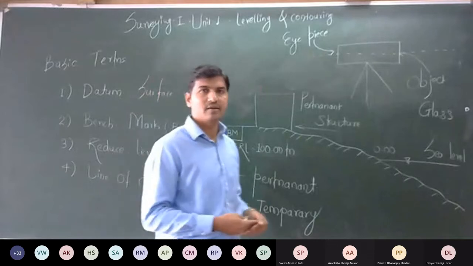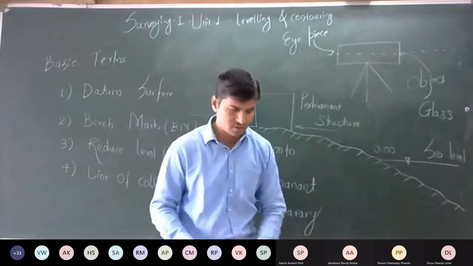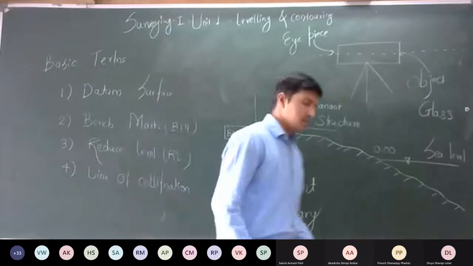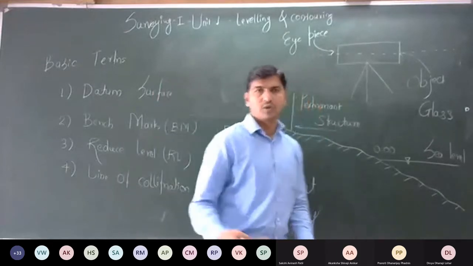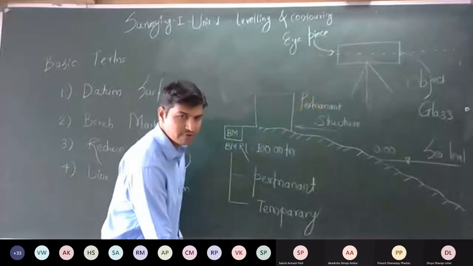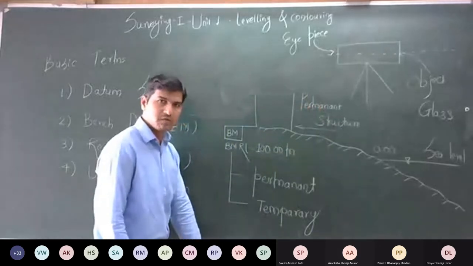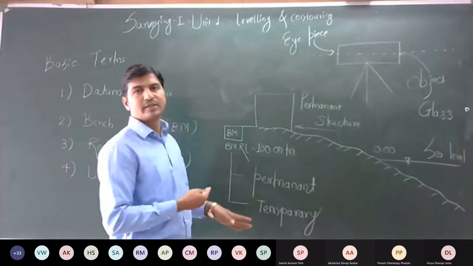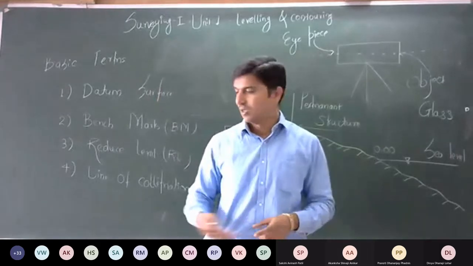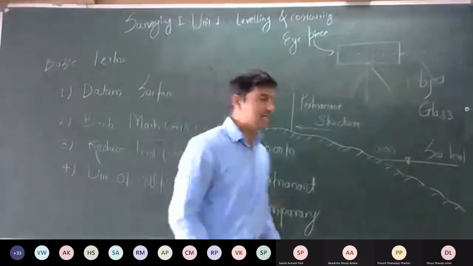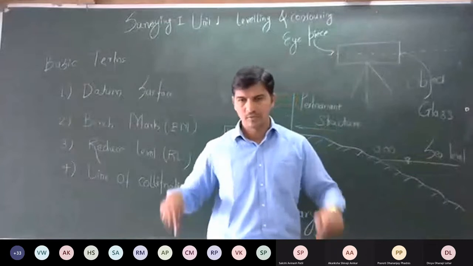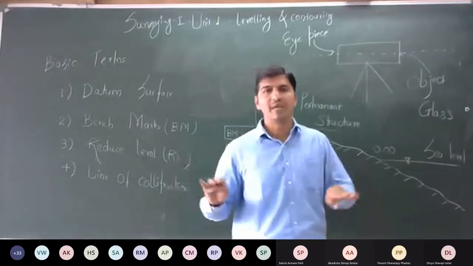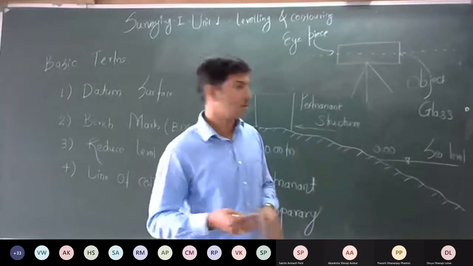But suppose we consider the height of the blackboard with respect to the floor where I stand. If I want to find out the height with respect to the floor level, this will be my height. Whatever the height from the floor level, that height I have to find out. So here the datum surface is the floor on which I stand; that floor level becomes my datum surface.